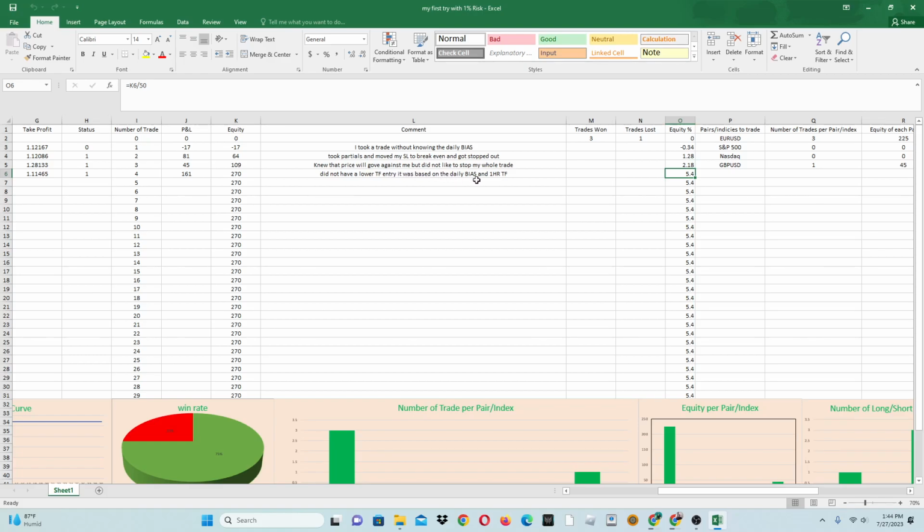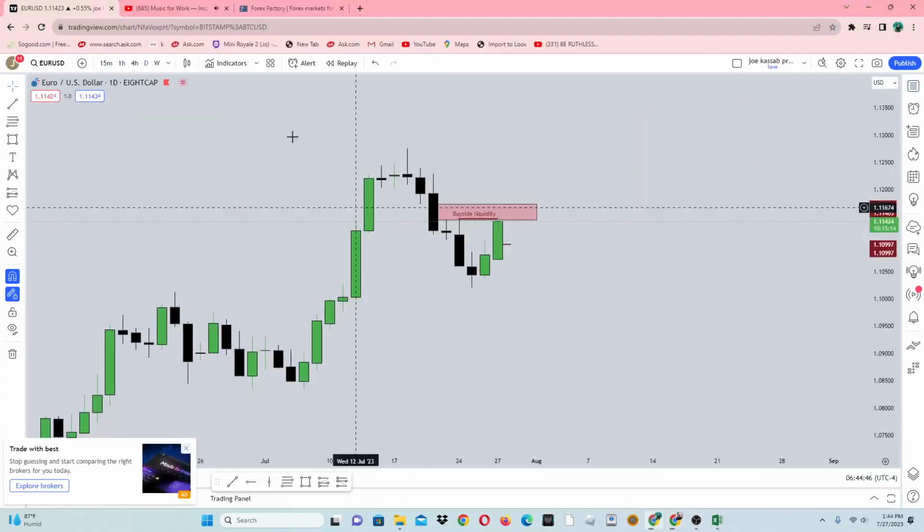It was based on the daily bias and the 1 hour time frame. Okay, I made 161, which is approximately 3%. As you can see, we do this minus this, and we know how much we made on this day. And I will not be trading another trade today, as you can acknowledge that we have a lot of